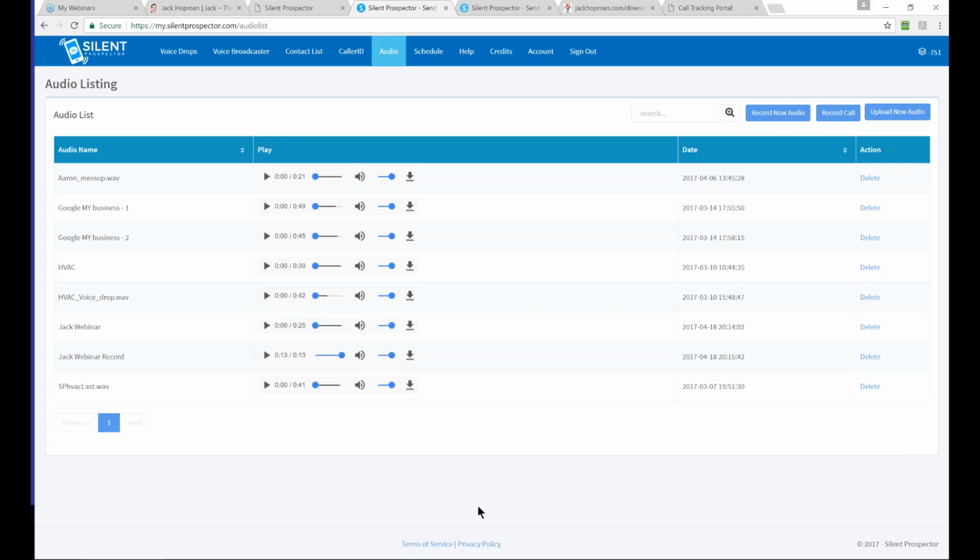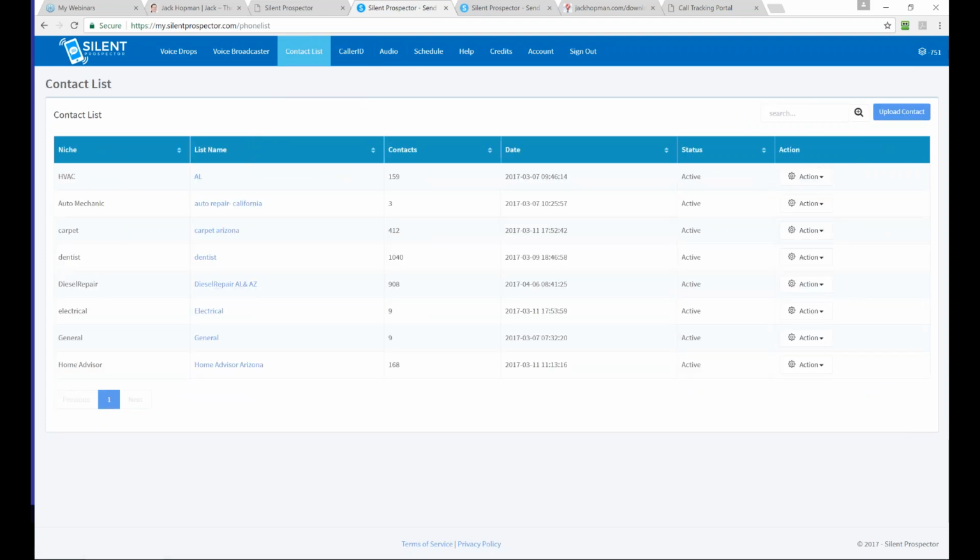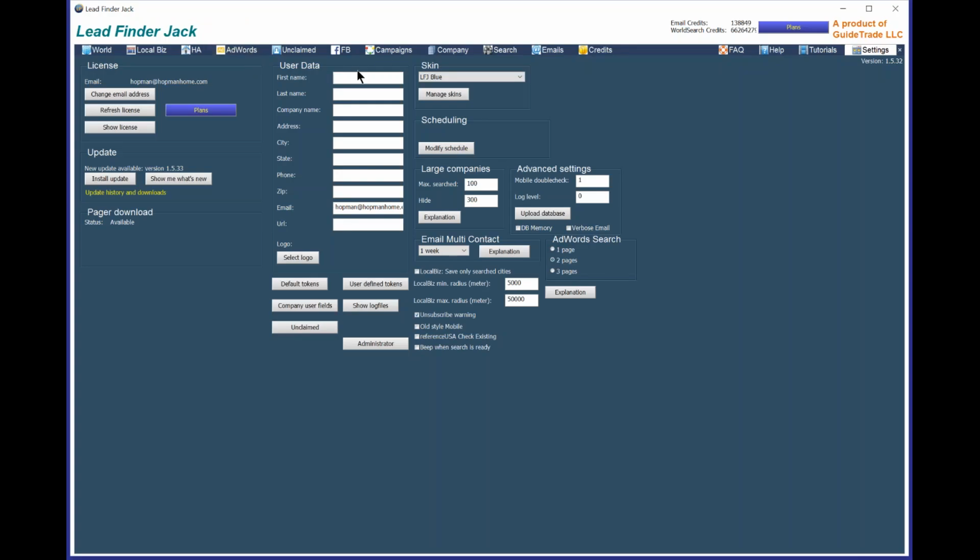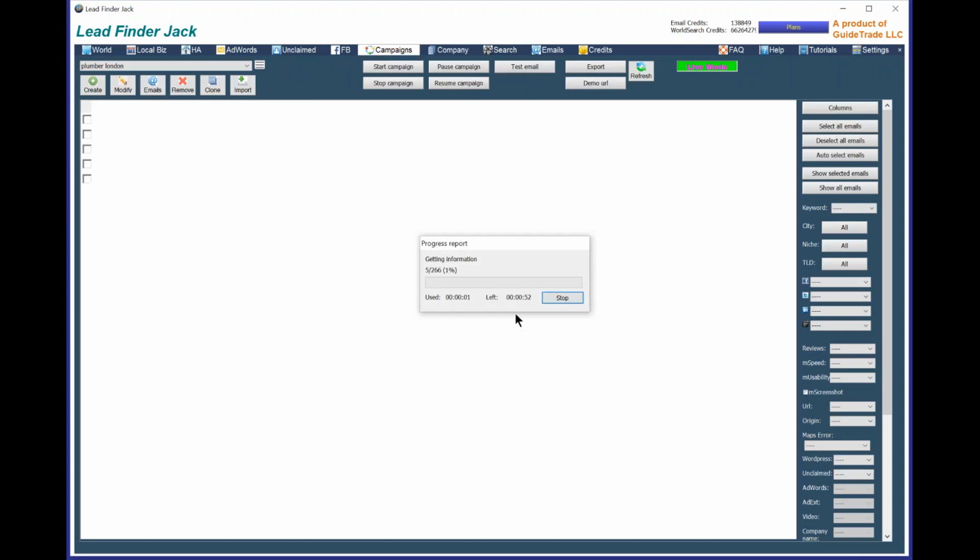Okay, so everybody probably has Lead Finder Jack or the new Leads Prospector, or you can upload your own list. Okay, whatever you prefer, you can upload your content. But let's open Lead Finder Jack for a second, because that is very simple. Okay, I don't want a new version. So if you go to campaign, whatever your campaign is,